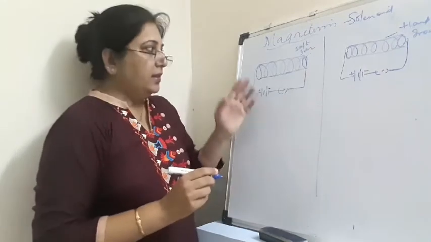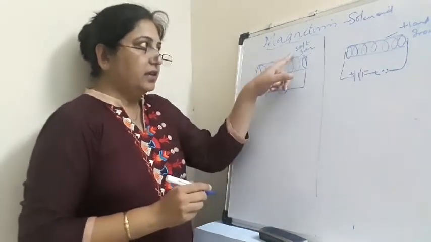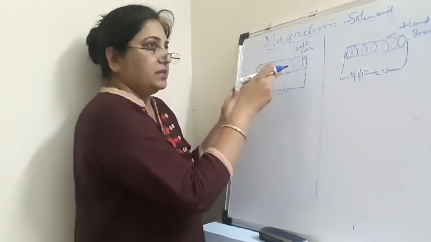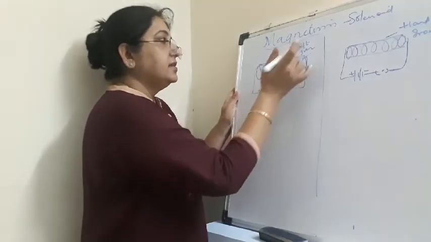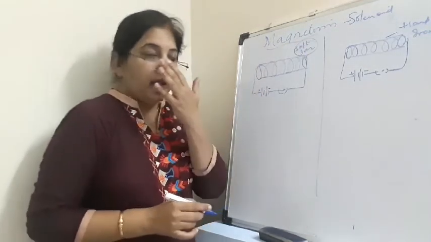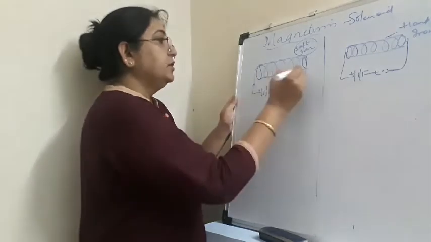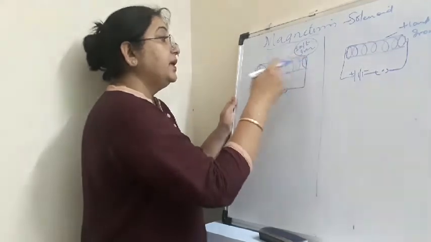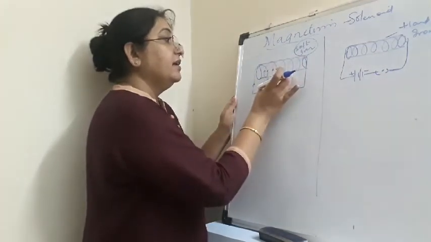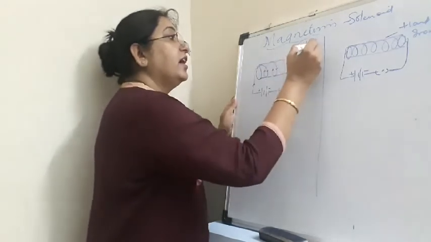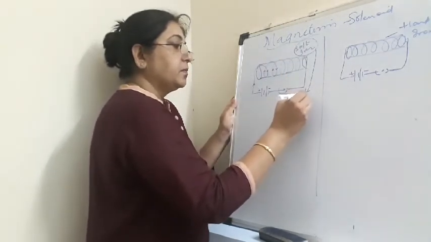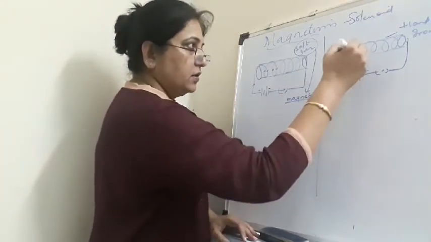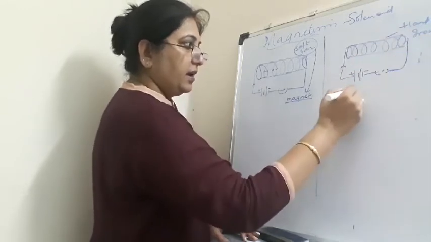Now when the current flows in the case of the soft iron core, the solenoid behaves like a magnet, and then it magnetizes this soft iron. So what happens when the current flows from this direction through the coil, the current is flowing as I told you yesterday, and when the connections are complete, this gets magnetized, and when this gets magnetized the soft iron also becomes a magnet. Similarly here also, when the current flows, the hard iron piece also becomes a magnet.